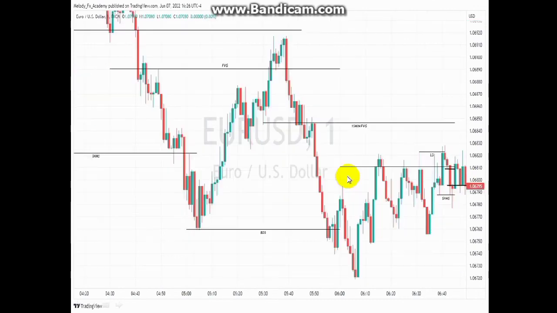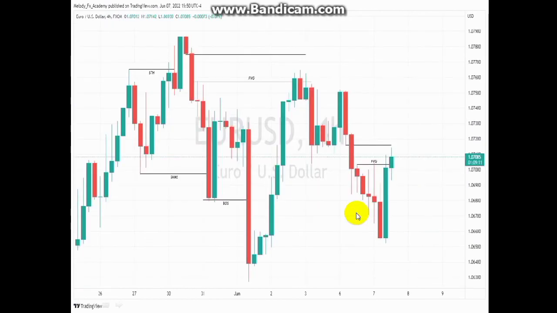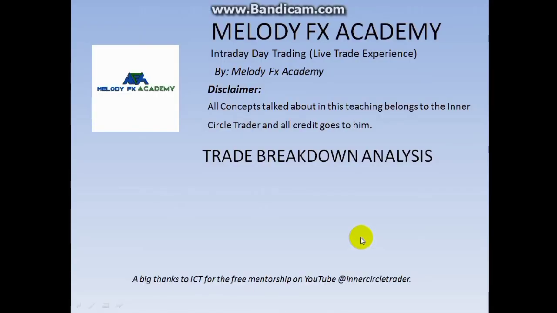Okay, until this happened, and that is as a result of this fair value gap, right? I talked about us being bullish, and we are currently still bullish inside of this trending range. Okay, so this is price reaching for this fair value gap. Okay, and as you can see, it filled it completely. Okay, so although this is still very much bullish until this old low is taken out to shift structure to the downside. Okay, so I saw a possible entry, and I took it, and I made away with